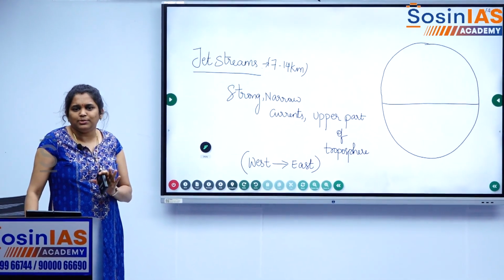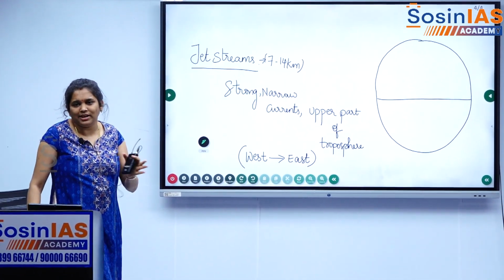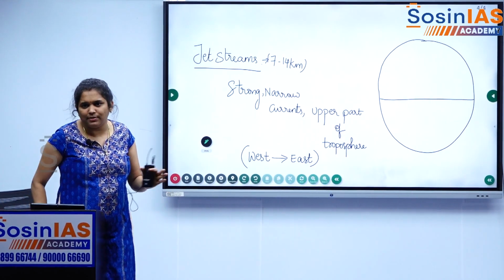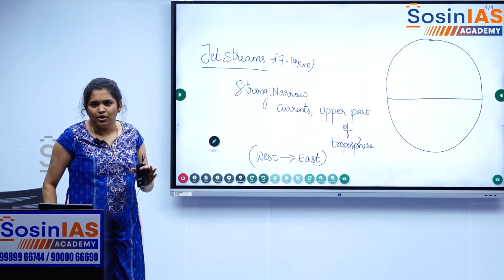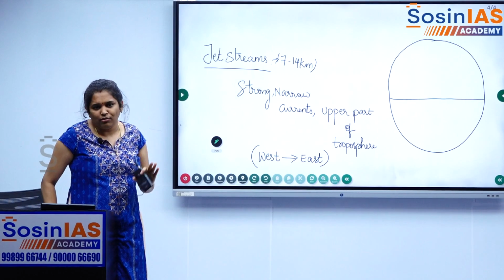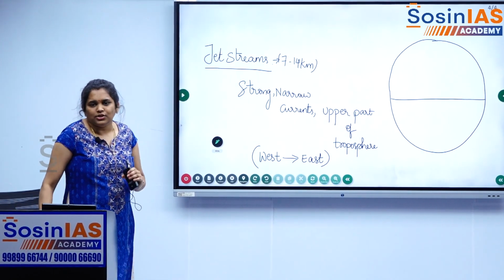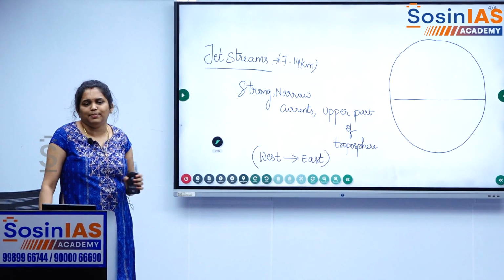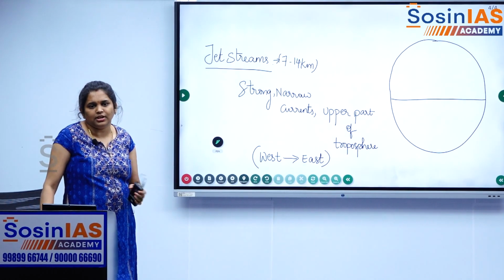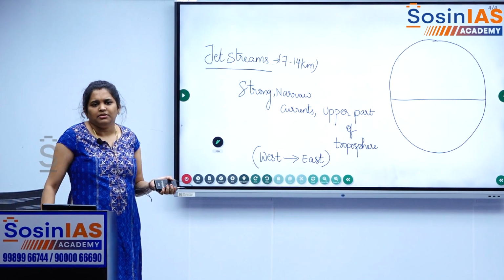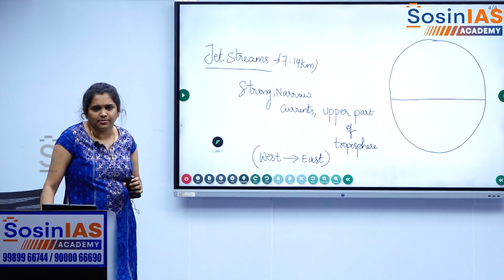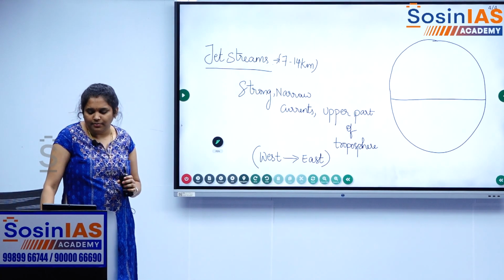Sometimes the speed will increase, more than 20 kilometers per hour, 18 kilometers per hour or so. The height is 7 to 14 kilometers. Are you getting it? So jet streams move with a higher speed. They circulate with a higher speed, around 18 or 20 kilometers per hour. Then please write